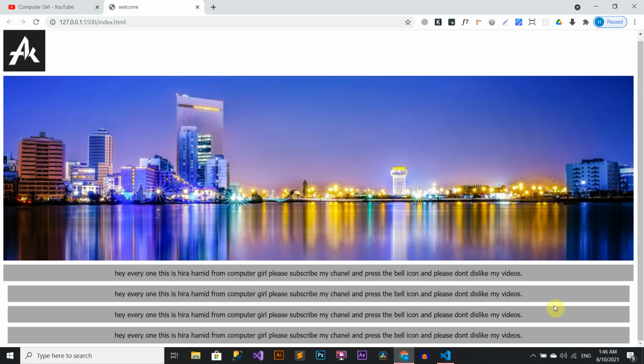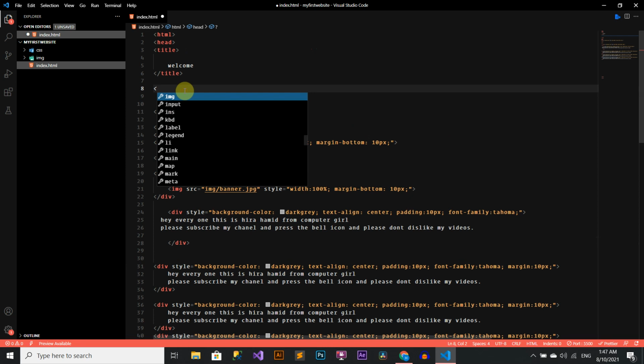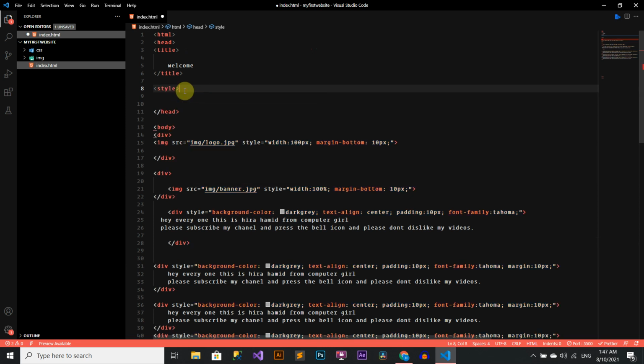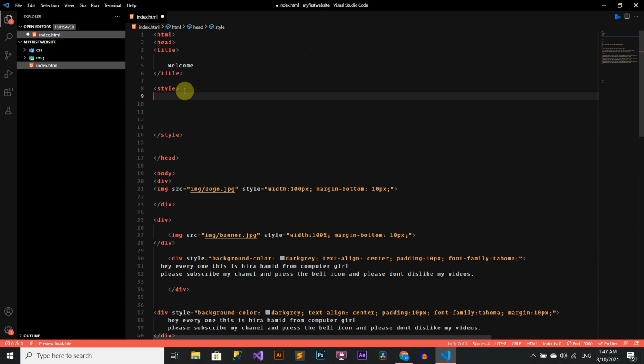Now we will convert this inline CSS to internal CSS and we will use class. So we will write in head style opening tag and closing tag, and we will create a class for all divs.